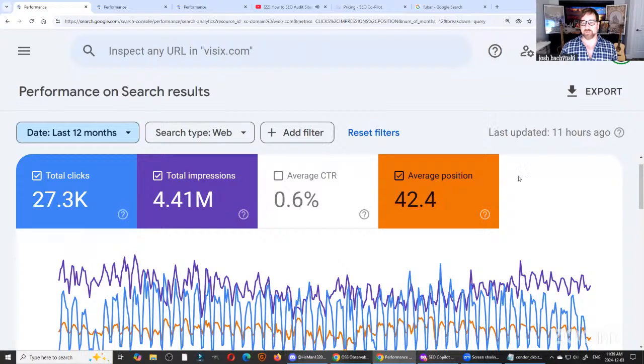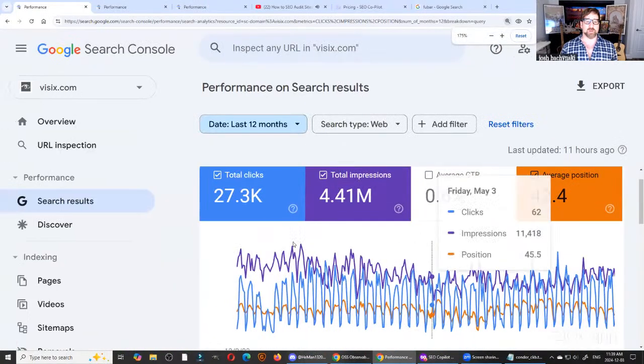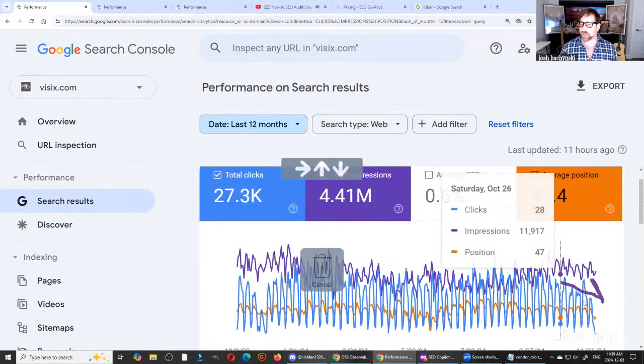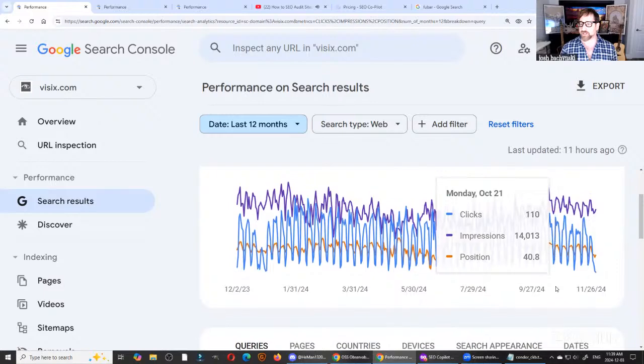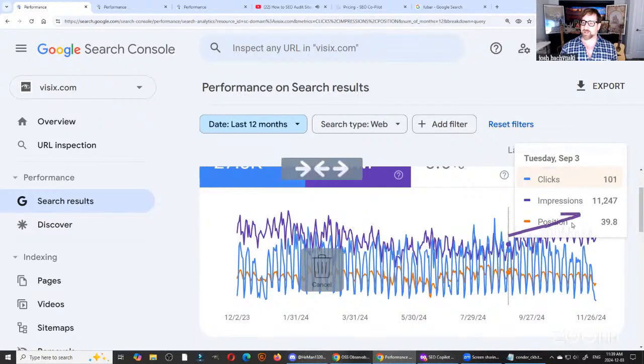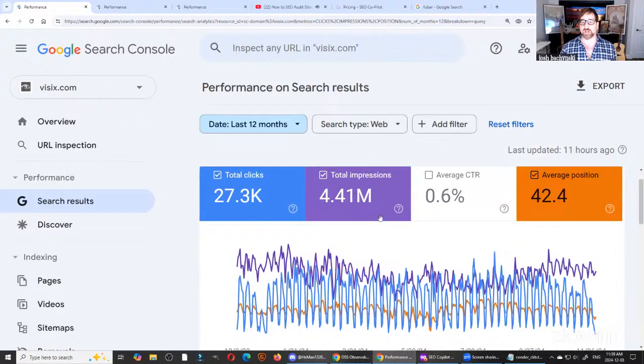Each of these lines here is a different thing, right? This blue here is the clicks. You can see it's going down ever since October 13th. And I know that this is due to the SEO that's been done recently. The total impressions, the darker color here, is that purple? It looks purple to me. The purple or navy blue moves up like that. And then the orange is the ranking.